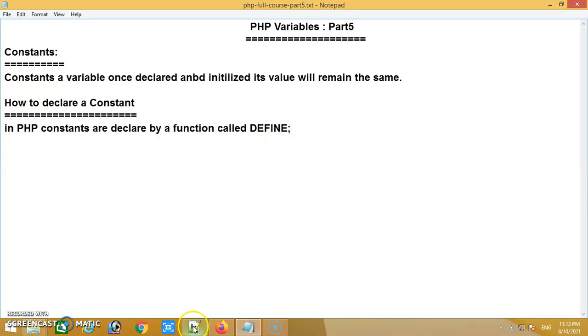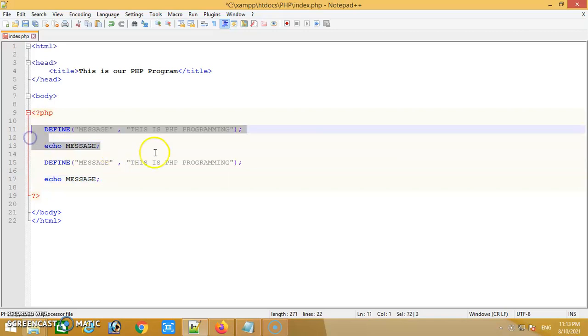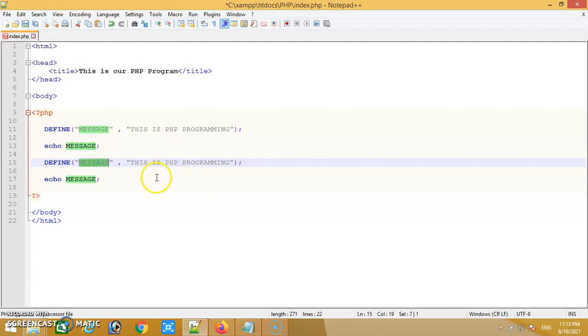In the same manner, you can define any constants. Let's say I define another constant, which can be numeric; the previous one was a string. Let's say I am declaring pi. The value of pi is 3.14.